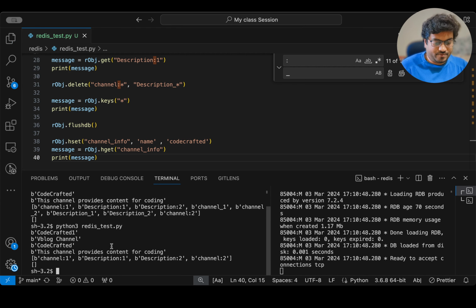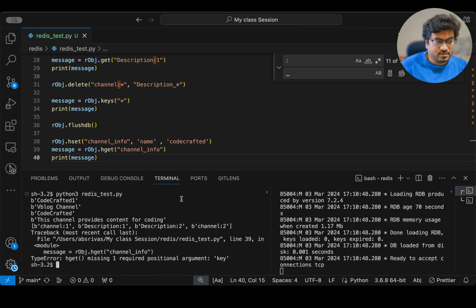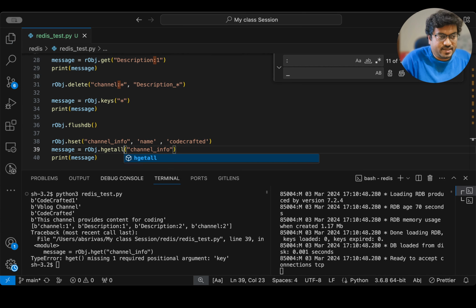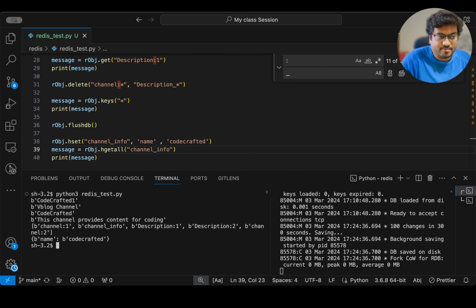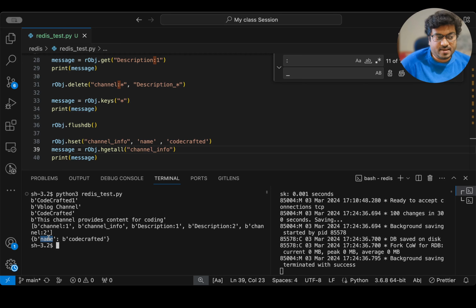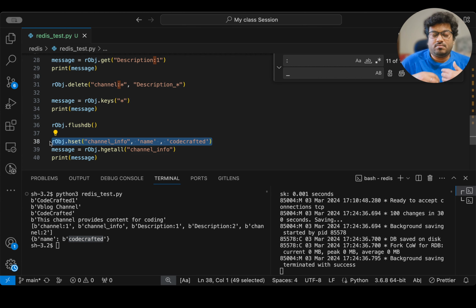Let's try to print this. Okay, sorry, we need to use hgetall. Oh, my bad. Okay, name, and we are getting code crafted, right? So this is about channel info for one, which is making it more